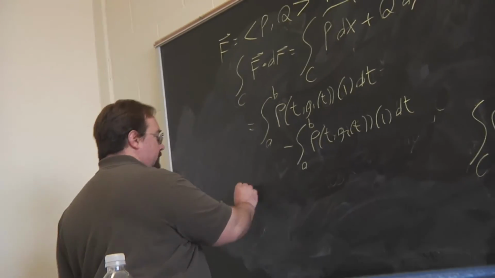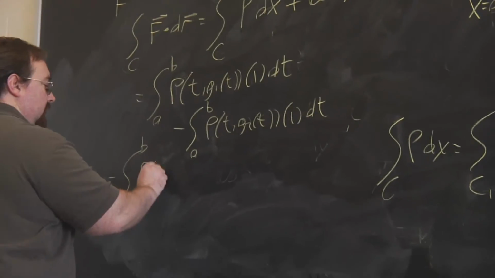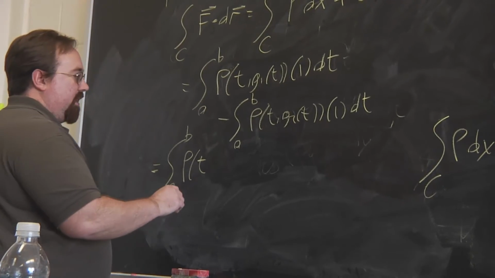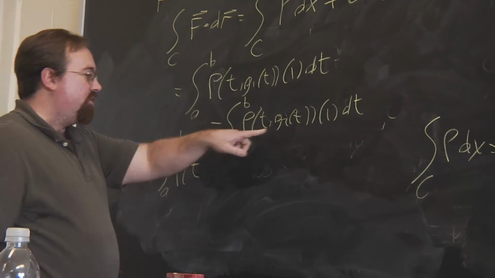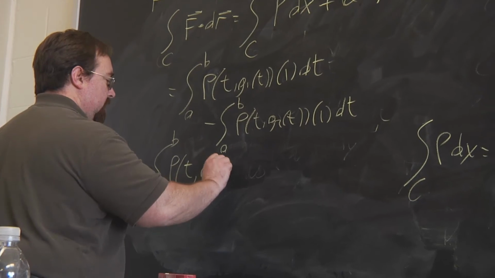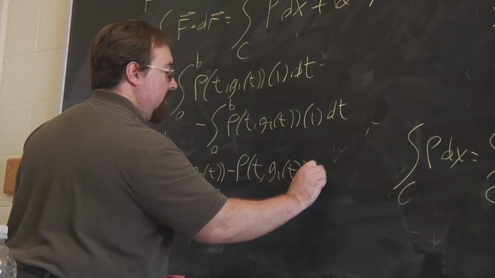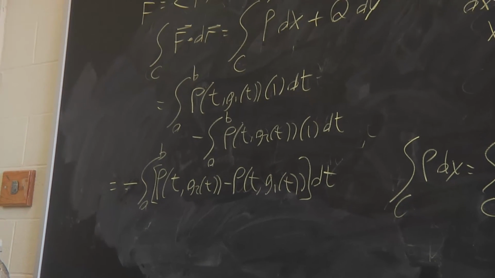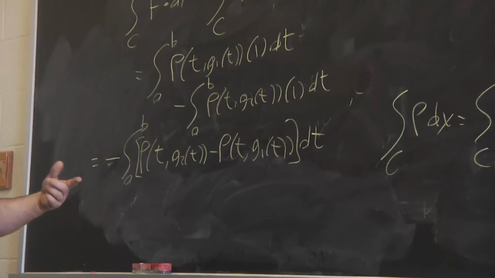Right. All right. So let's combine these into a single integral, since the limits are the same. Now, for convenience of what's going to come later, I'm going to pull a minus outside, because I want to list g2 first. Then minus P of t, g1 of t. All right. Now, I'm going to go backwards in a way. I'm going to take this difference